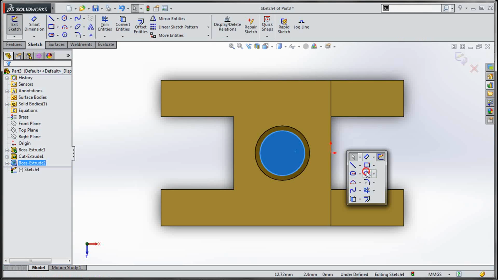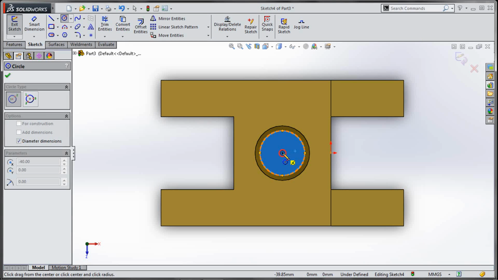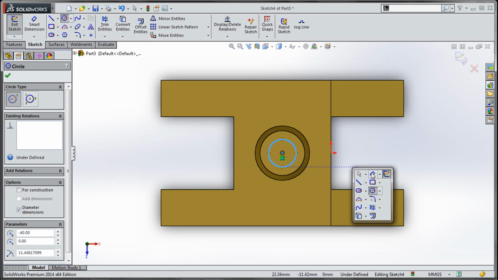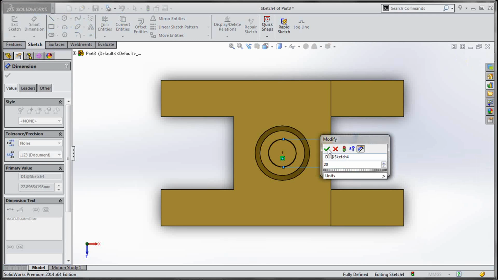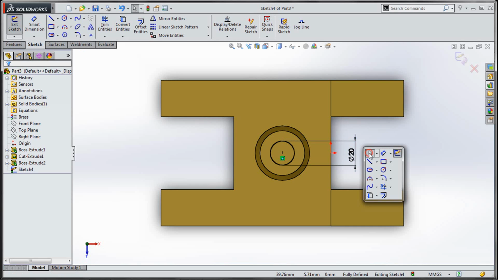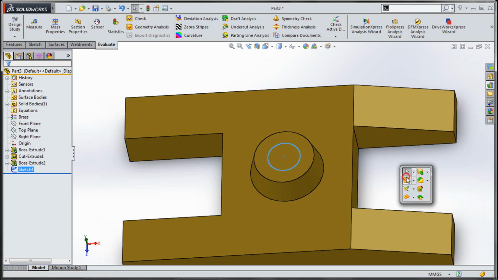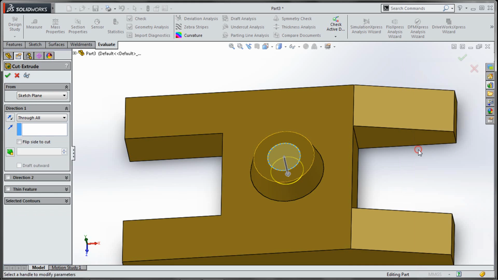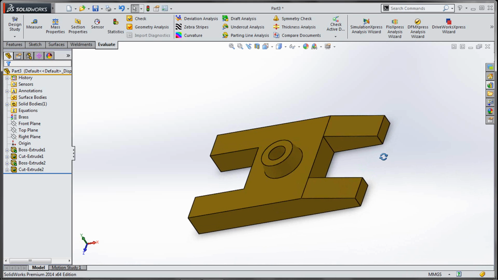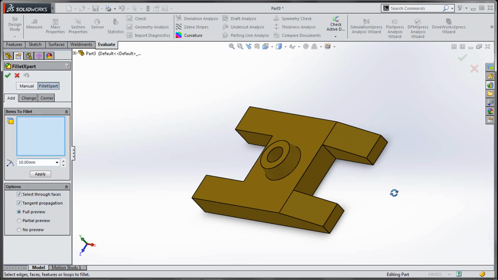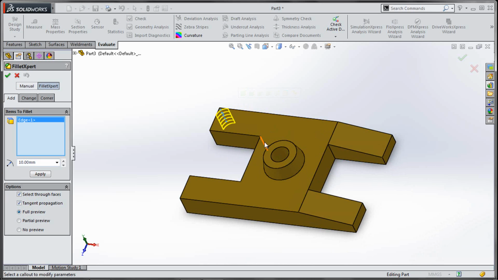And one more extruded cut. And we need some fillets with a radius of 10 millimeters.